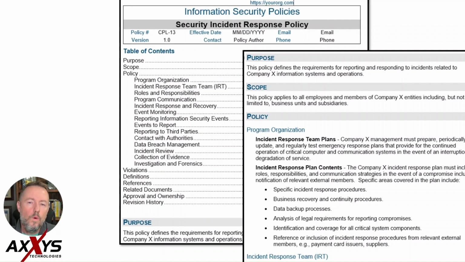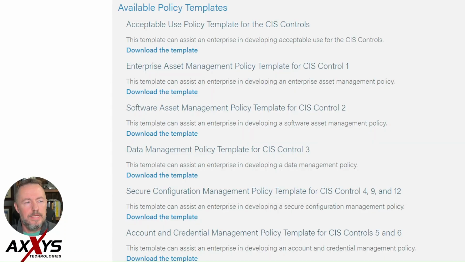Now, once we have a policy defined, we're empowering our team to take the necessary steps to establish the standards, procedures, and guidelines needed to meet the goals we've laid out in the policy. Remember, the first iteration may not be perfect, but it should be better than what we have today, and then we can continually evaluate our capabilities and work on improvement as we move forward. CIS makes several templates available to help us round out our entire program, and this is just one particular policy that focuses on one control.